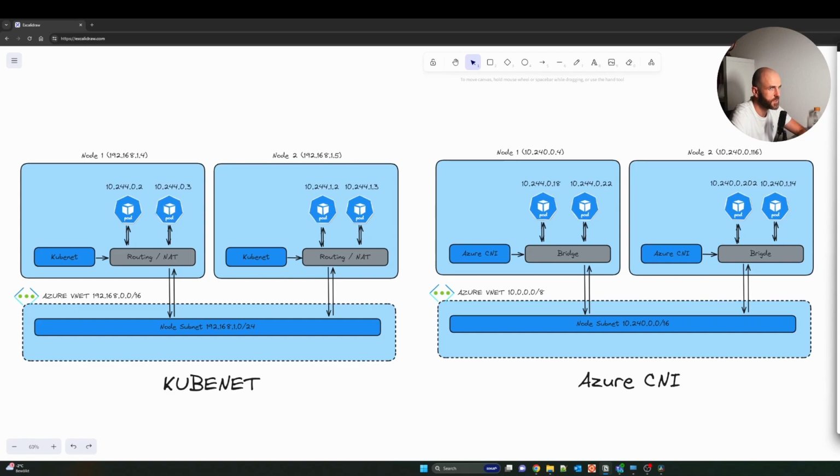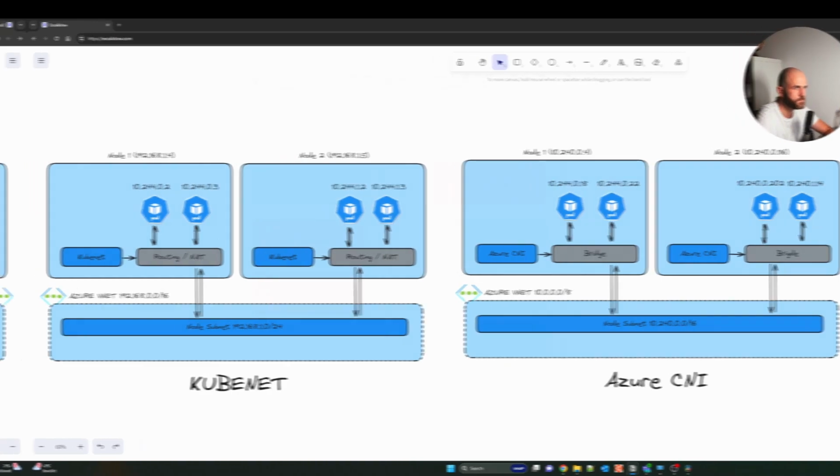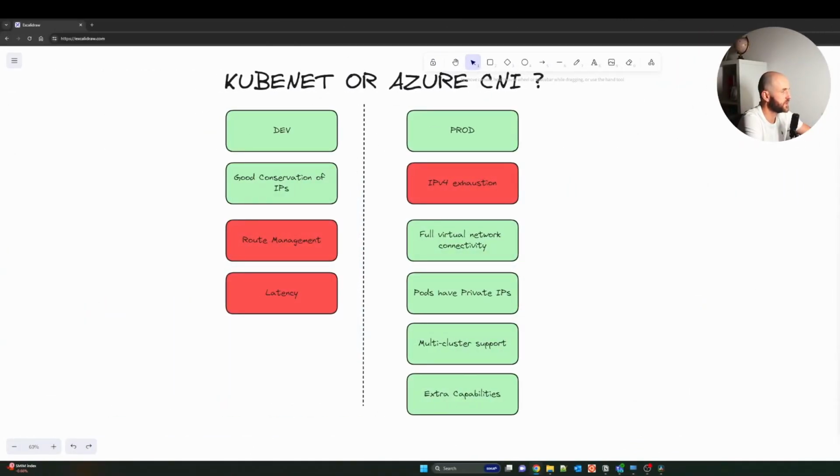So with Azure CNI, nodes receive an IP address space from the Azure Virtual Network subnet, and each pod receives an IP address in the node pool subnet. They can directly communicate with other pods and services. With Azure CNI, your clusters can be as large as the IP address range you specify. However, the IP address range must be planned in advance, so that's the main concern you have. All of the IP addresses are consumed by the AKS nodes based on the maximum number of pods that they can support. Okay, so now the question is, which CNI should I use?